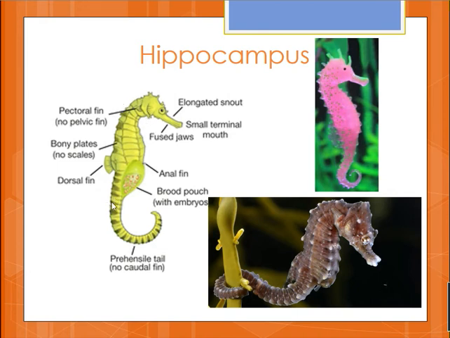Now coming to the tail. So the fins present are the pectoral fins, a single dorsal fin and a much reduced anal fin, and you can see the tail. The tail is finless, that means there is no caudal fin, but it is prehensile. What do we mean by prehensile? The tail can be rolled around a weed or a floating object. So the tail helps it to get rolled around a seaweed or a floating object. That is why the tail is said to be prehensile.